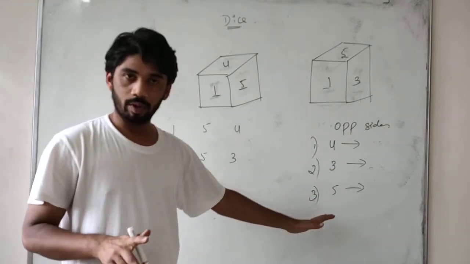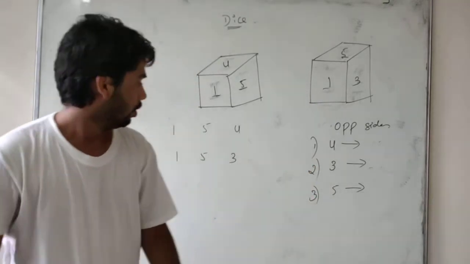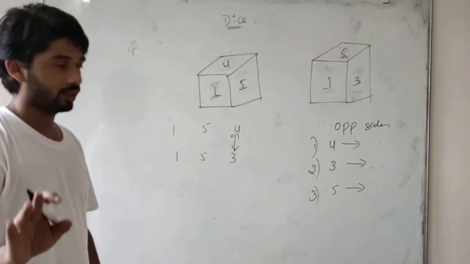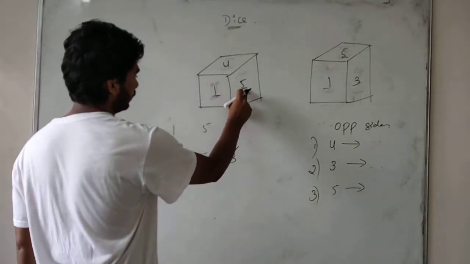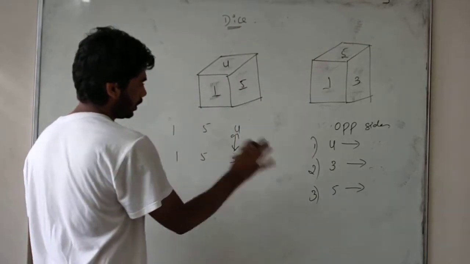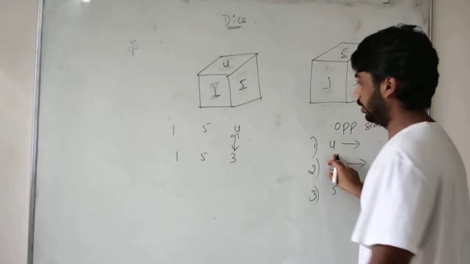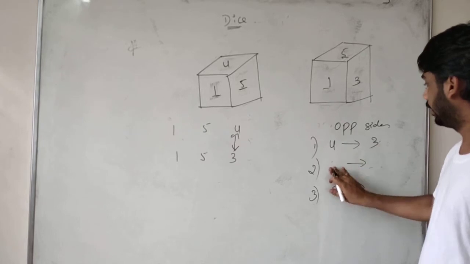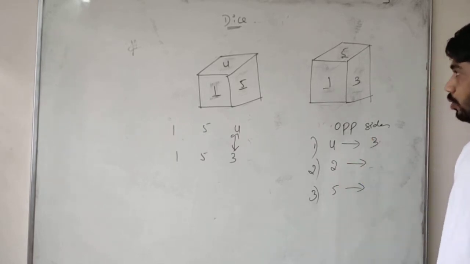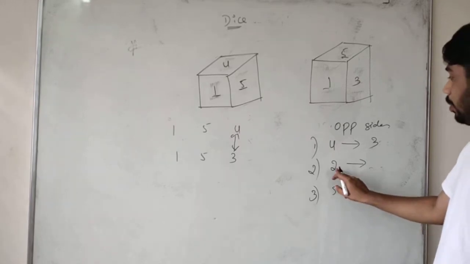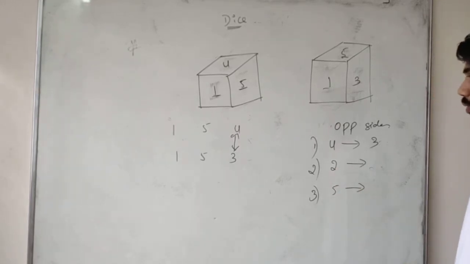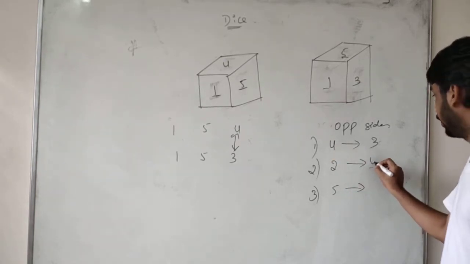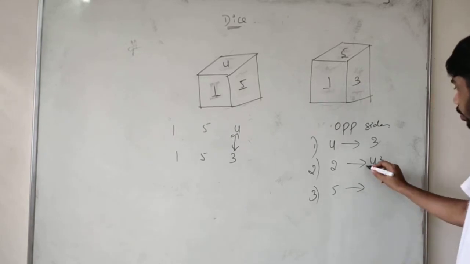Okay. I am doing more problems here. See here, the opposite of 4 is 3, fixed. 1 and 5 are there. So what is the opposite of 4? You can say directly, we can write it as 3. Now I will take 2. Students, what is the opposite of 2? Definitely we can say that 4 and 3 will not be possible. 4 and 3 is not possible. So it will be over.